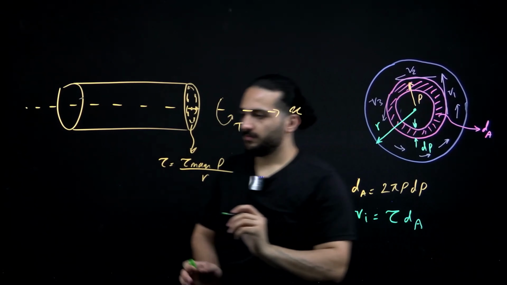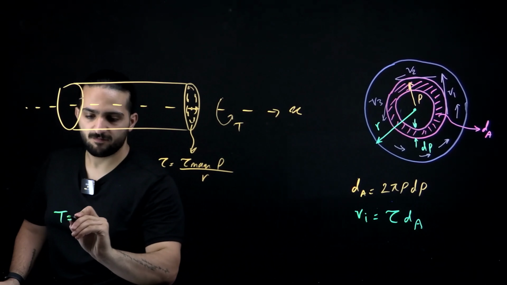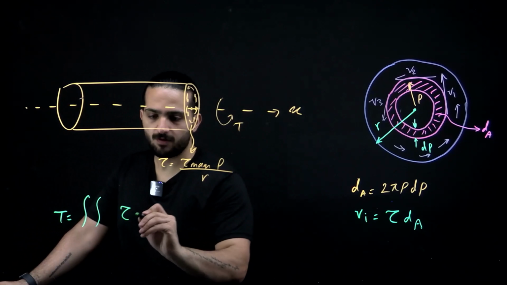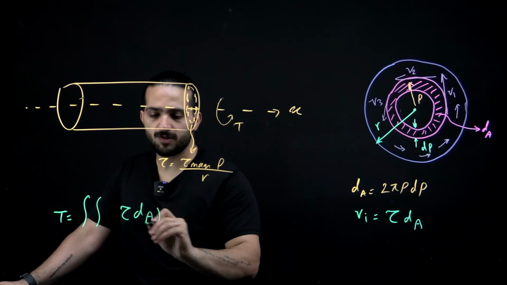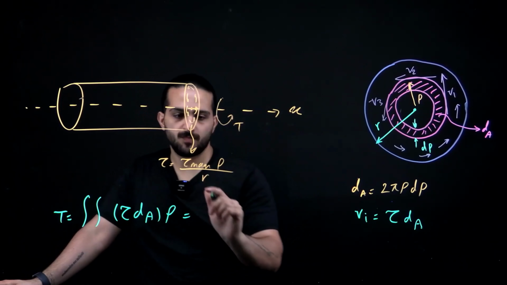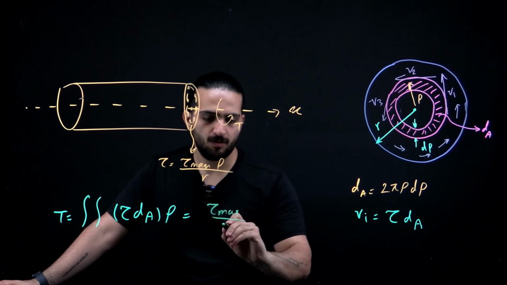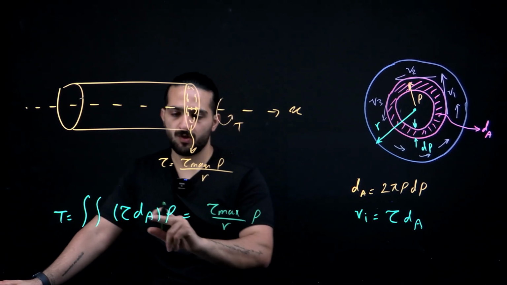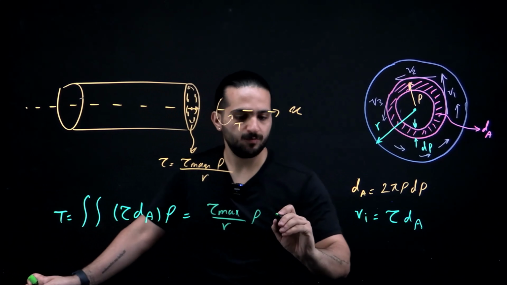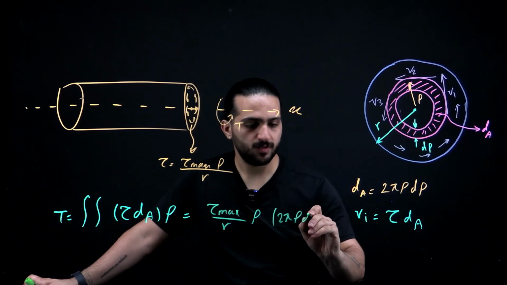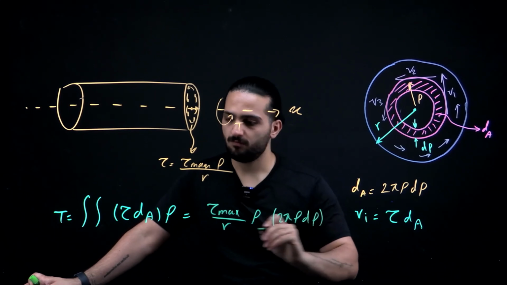So for T, we can write its integral of tau dA multiplied by rho, or it's tau max over r rho multiplied by 2 pi rho d rho multiplied by rho